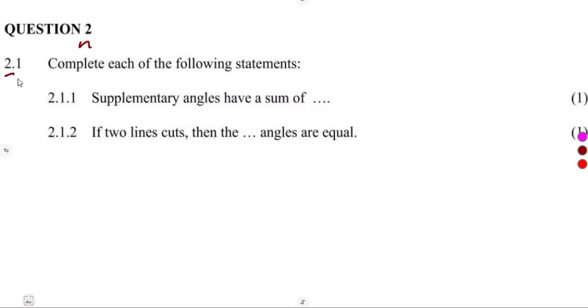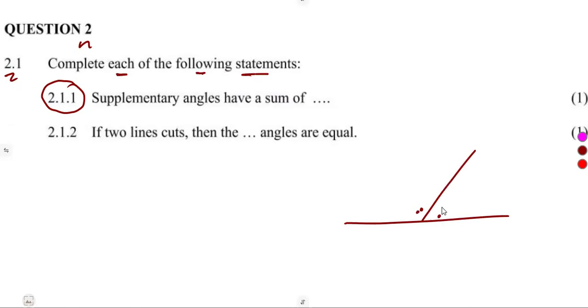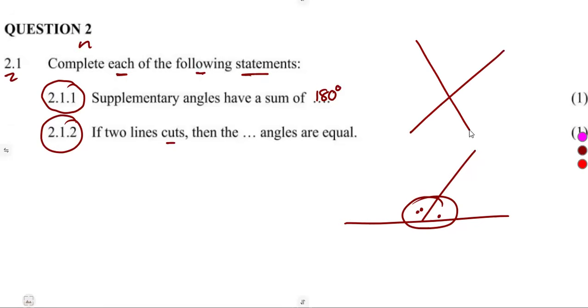Question 2, 2.1, complete each of the following statements. 2.1.1, supplementary angles have a sum of what? Remember, supplementary angles are two angles which add up to 180 degrees. So a sum of 180 degrees. All right? 2.1.2, if two lines cut, a line and a line like this, they do cut,